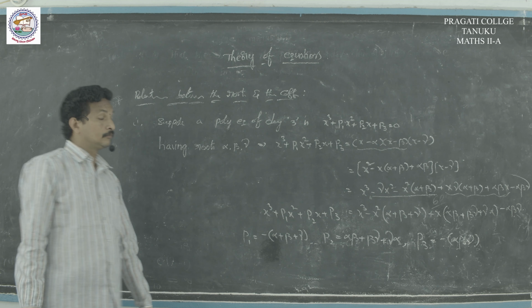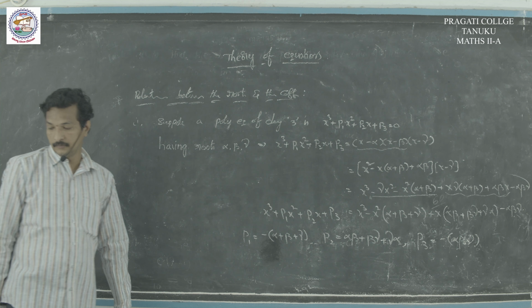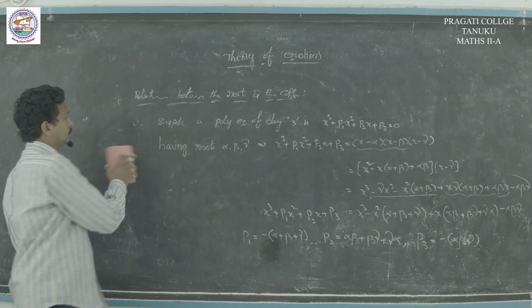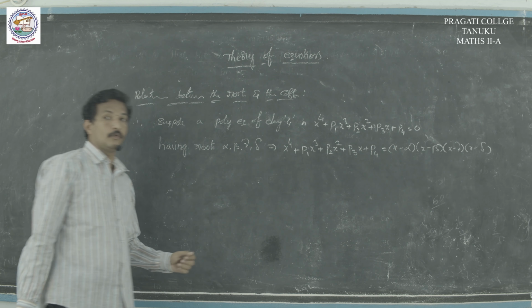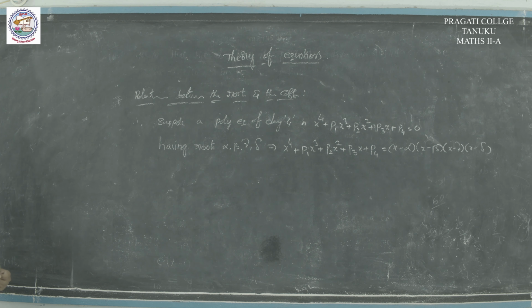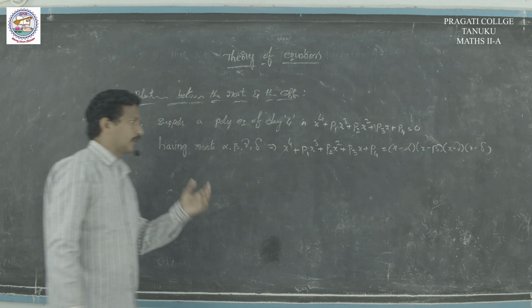Okay, and the next one is the fourth degree equation: x power 4 plus p1 x cube plus p2 x square plus p3 x plus p4 equal to 0, having roots alpha, beta, gamma, delta. Then it can be written as